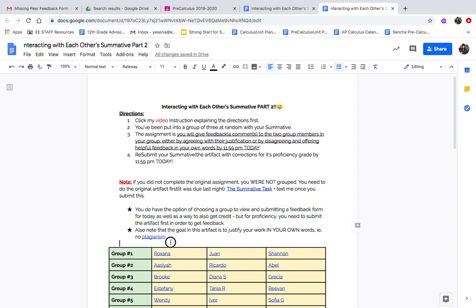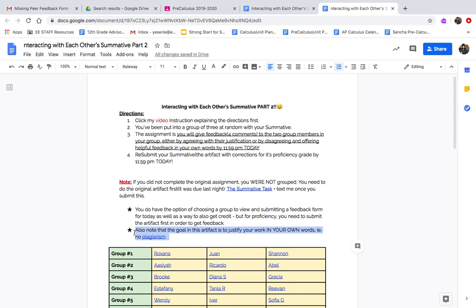And again, the goal for this artifact is not about the right answer. So I should not just see typed out answers, right? The goal is I'm looking for justification. How are you reasoning out the big ideas? How are you connecting the big ideas, and how are you reasoning out your answer? My goal here is to see how you are thinking about this problem, how you are using the big ideas, and how you are leading those things to come up with an answer. So that's the goal here.